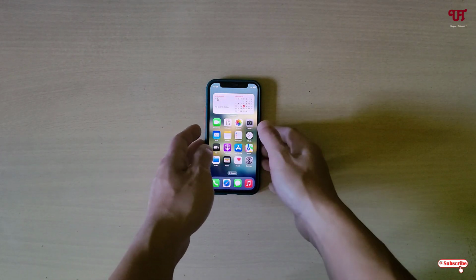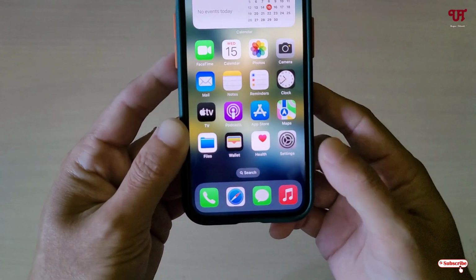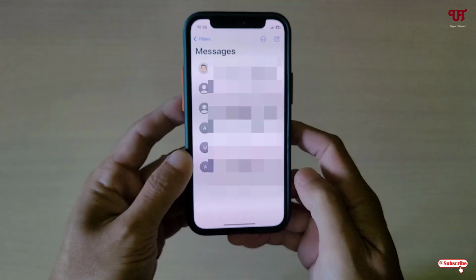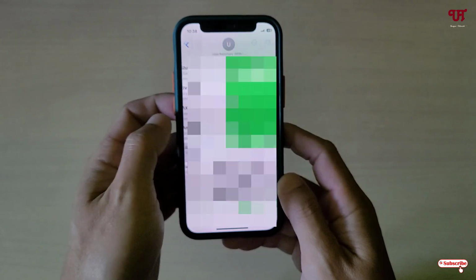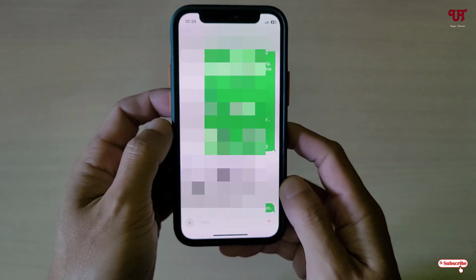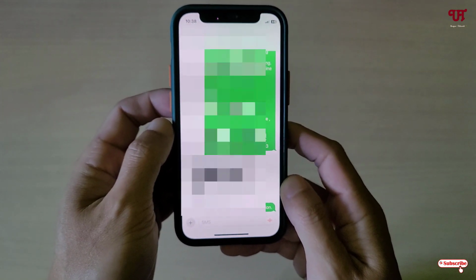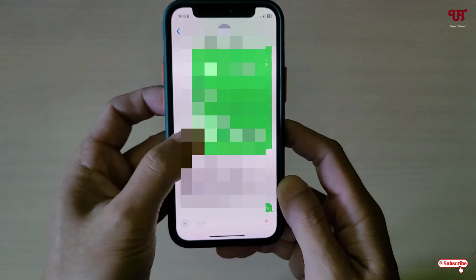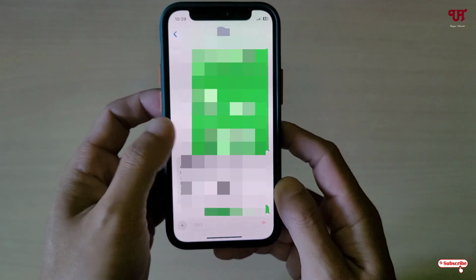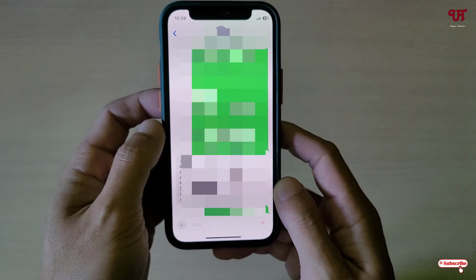Right now you can see my iPhone smartphone. Firstly, just open the iMessage application and now you will see tons of messages, right? Say, let me open one messaging application. So now here you can see tons of conversation messages sent by me and the other person. You can see here there is no time mentioned when this respective message was received or sent during this